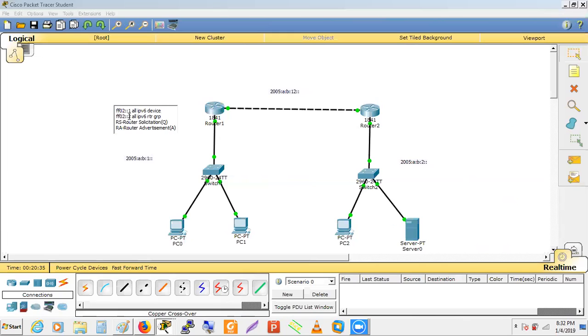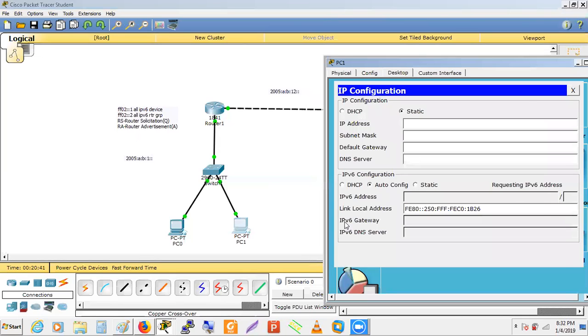But for ff02::2, only the router is participating in this group. So when we run this command and try to access IPv6 auto configuration, we can receive these addresses from router 1 because it's now working as